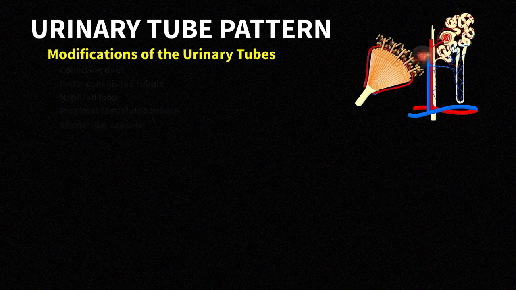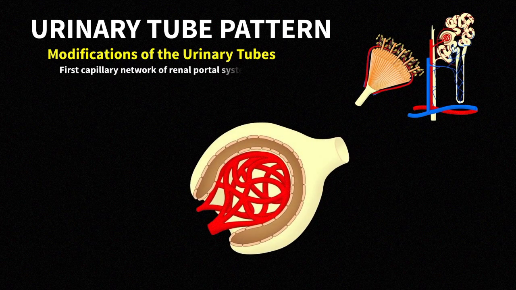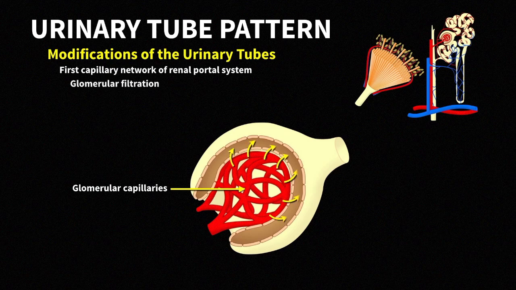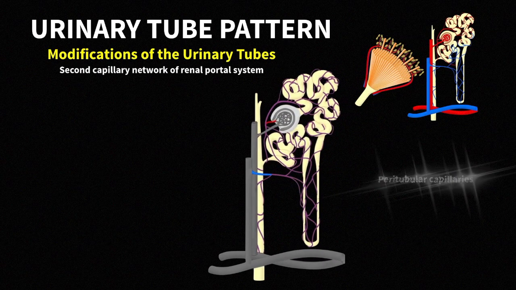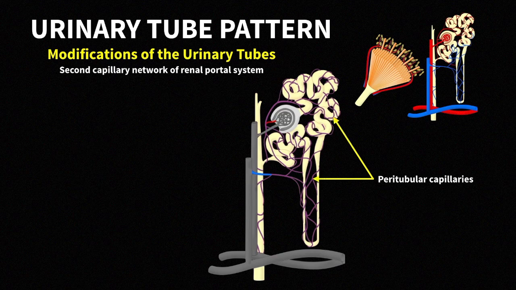the blood. The first capillary network is the glomerulus, a ball of capillaries that projects into the glomerular capsule. This is the site of filtration, where a significant amount of plasma is filtered from the blood into the urinary tubes. The second capillary network, the peritubular capillaries, surrounds the remaining small urinary tubules, through which the filtrate is slowly moving. This capillary network is the site of reabsorption, where much of the fluid lost during filtration is returned to the